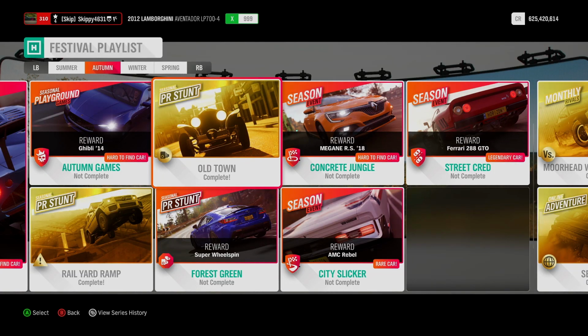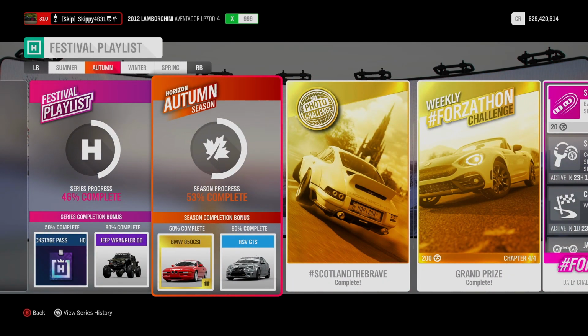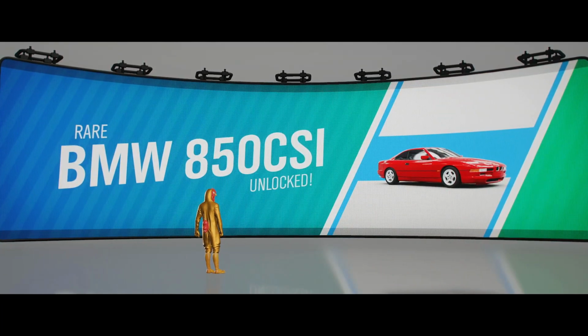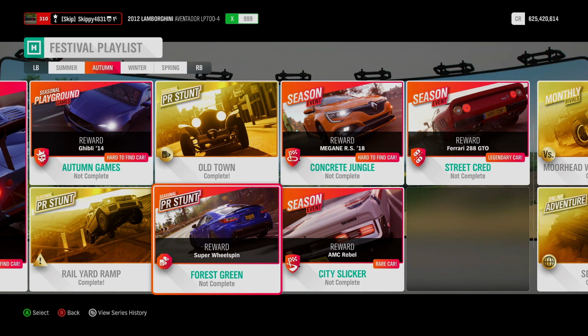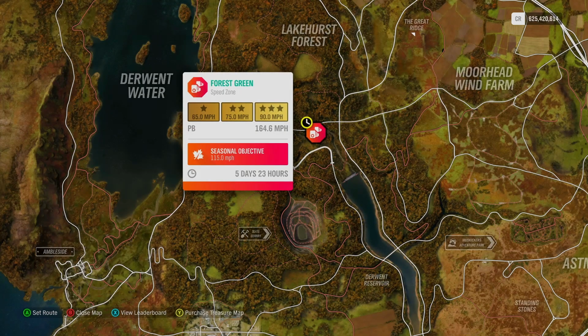And with this week's Speed Trap now complete, that's actually worth 7% towards our autumn season, bringing us up to 53% completion, unlocking the fantastic BMW 850 CSI. Let's go ahead and complete our third and final PR stunt, Forest Green Speed Zone. The Forest Green Speed Zone is located just north of Slate Quarry, and we're looking for a seasonal objective of